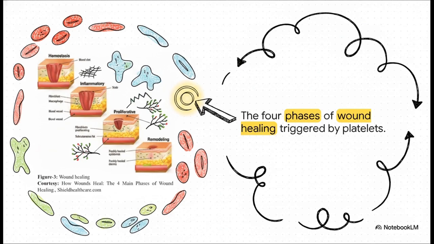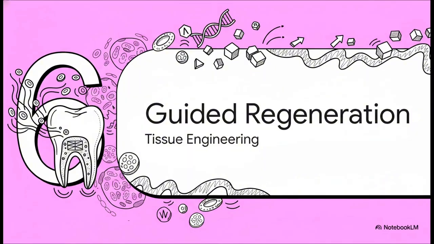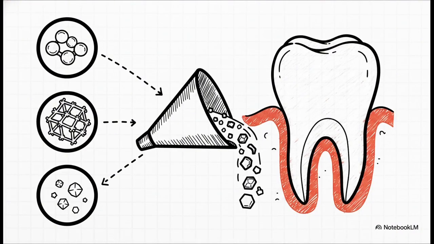By releasing growth factors and extracellular matrix modulators, they promote revascularization, they restore connective tissue, and they even kickstart the proliferation of mesenchymal stem cells. They are literally signaling the surrounding tissue to wake up and start rebuilding. Section 6. Tissue-guided regeneration. All right, so bringing all this microscopic healing power back to the mouth brings us to